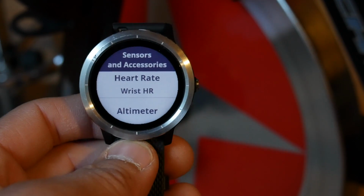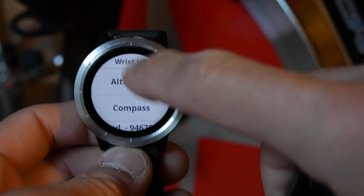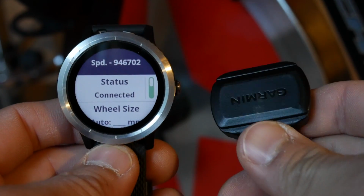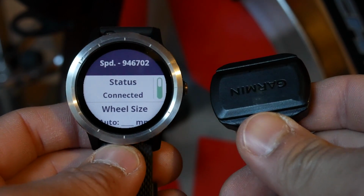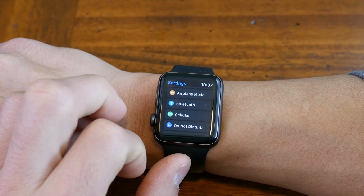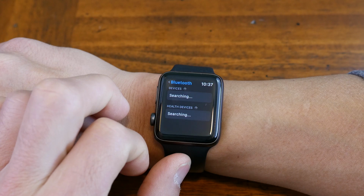The Apple Watch also has the big advantage of onboard music and playback, which can make those workouts without a phone a lot more enjoyable. And the other showstopper for you could be the support for external sensors. The VivoActive 3 is the clear choice that has a much wider selection of sensor connectivity options since it can pair to both Bluetooth Smart as well as ANT Plus sensors, where the Apple Watch only pairs to Bluetooth Smart sensors. Alright, so those are the differences between the watches themselves, but none of that may even matter because the